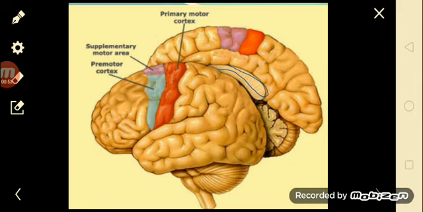In these motor areas, first of all, the information from the muscles reaches the sensory cortex and from the sensory cortex to the parietal lobule. This is the parietal lobule, and this plans the movement and sends it to the remaining motor areas. In this, the primary motor cortex executes the movement to the muscles through the corticospinal pathway, the supplementary motor area coordinates the movement on both sides, and the premotor cortex initiates the movement.